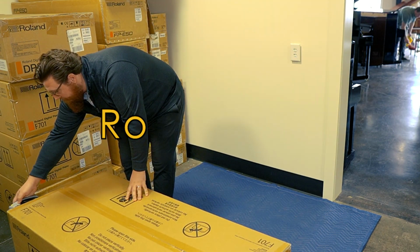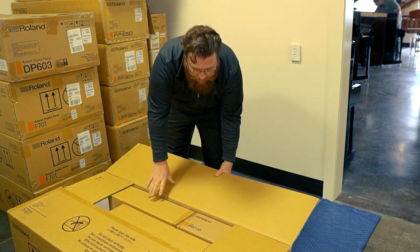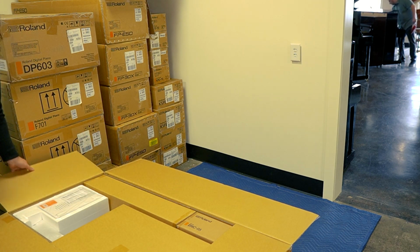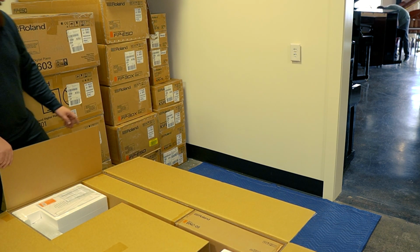Today we are unboxing a Roland F701. Awesome little slim piano for the money. Feature packed, great sound, great feel. Literally, I've built hundreds of digital pianos, so figured we'd go through and show you how we do it here